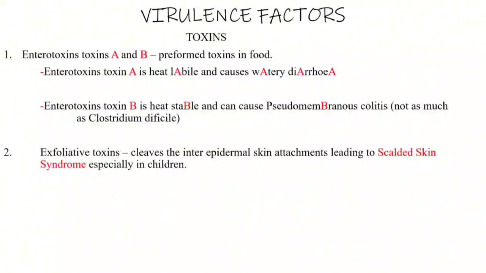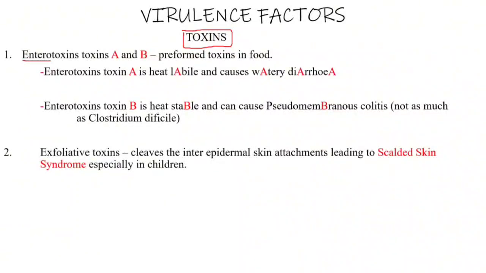Then the next class of virulence factors is the toxins. Now this is what makes Staph aureus so toxic, like some of your relationships. First, enterotoxins, and entero kind of means GIT or intestines. Now there are two types of the enterotoxins. We have enterotoxin A and enterotoxin B, and usually when food is contaminated with Staph aureus, they preform these toxins